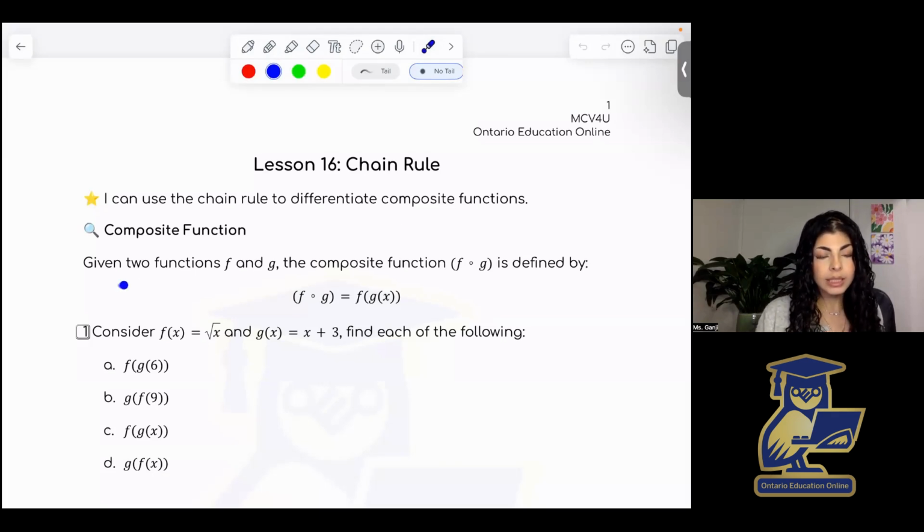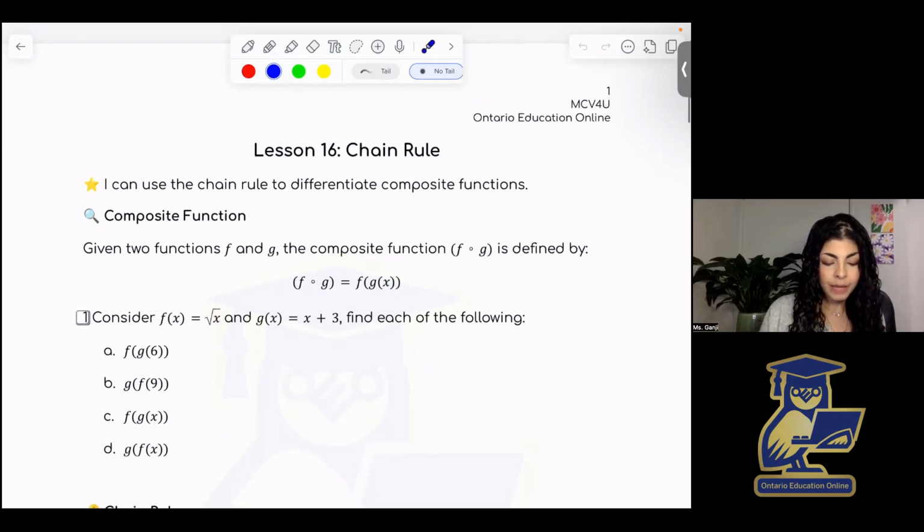So first, considering what a composite function is. A composite function is when you have two functions f and g, and a composite function is written as f with that circle g, and it's pretty much when you have f of g of x. So your input is actually g of x. For example, if we have f of x as the function square root of x and g of x as x